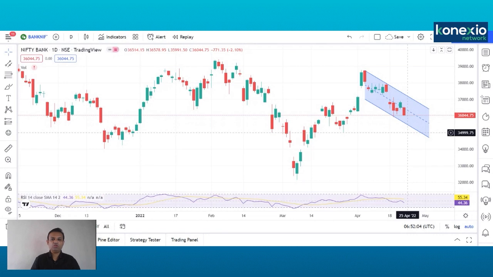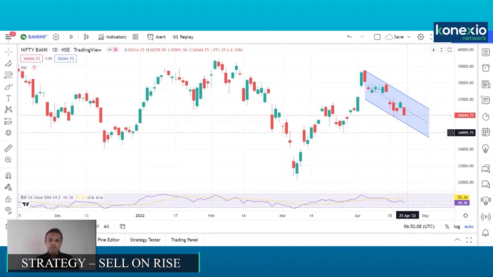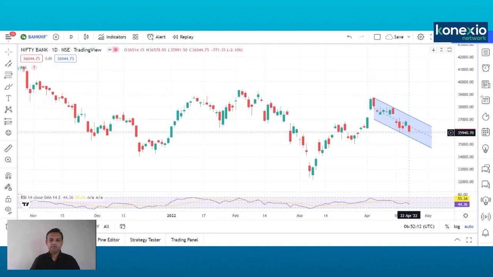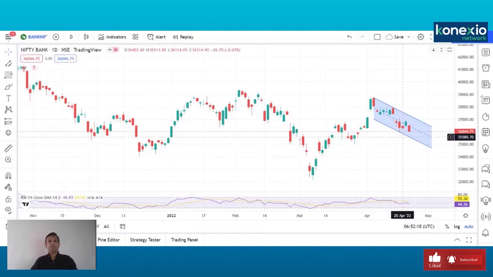So this could be the consolidation phase into sell on rise strategy, and at least for the month end, we might see Bank Nifty into this particular phase of sell on rise, and then we will take a fresh view. What is monthly closing of Bank Nifty and Nifty, and we'll then try to figure out what could be the